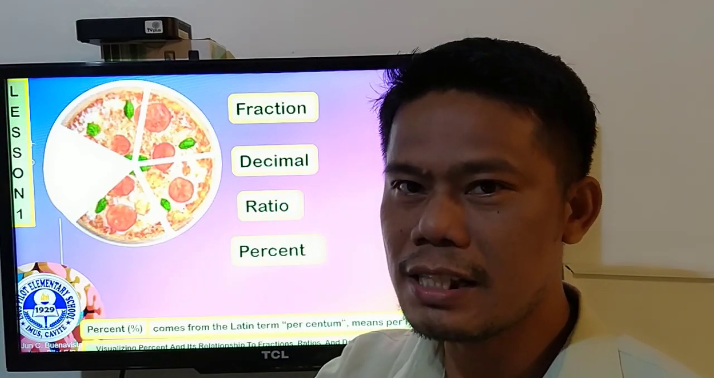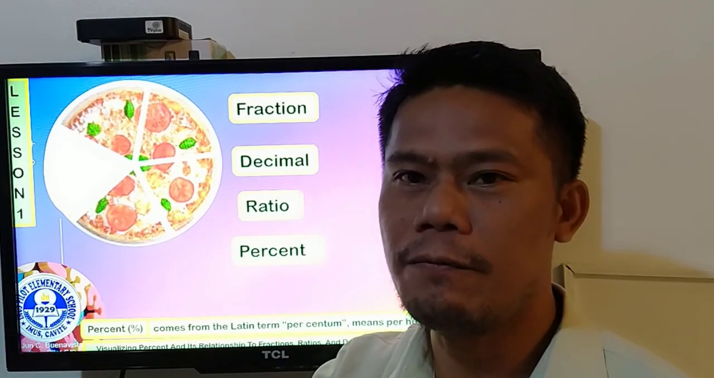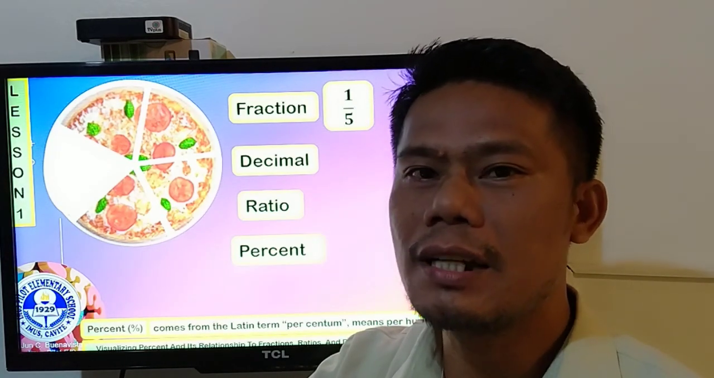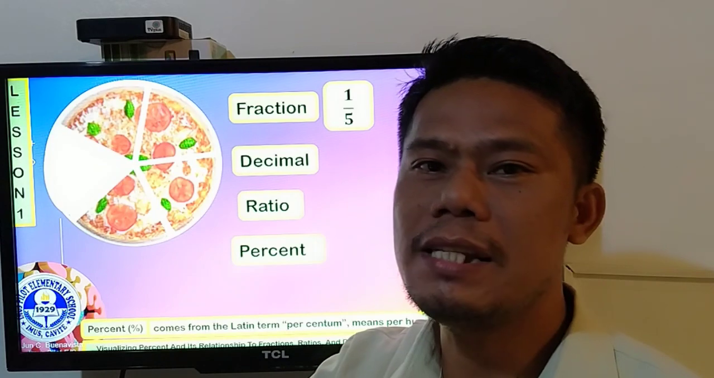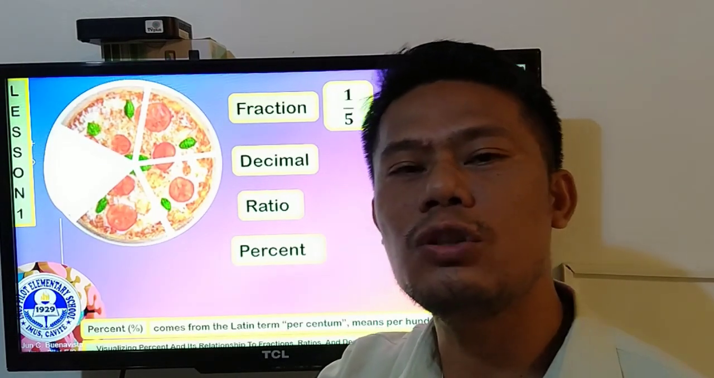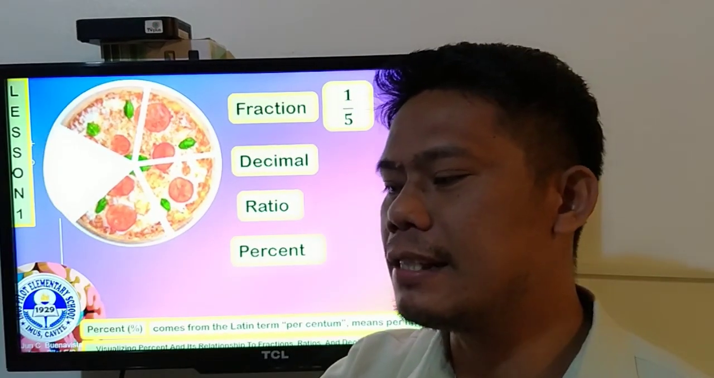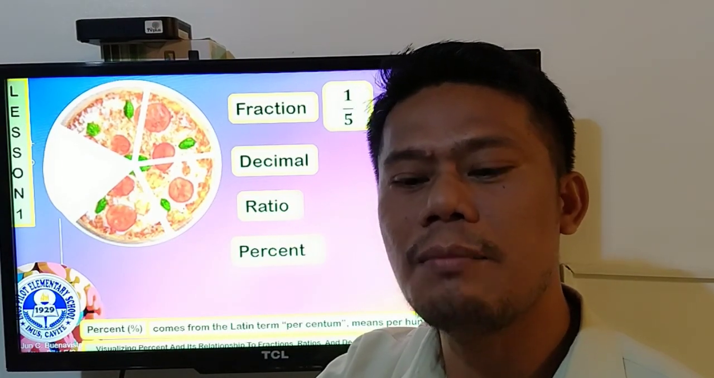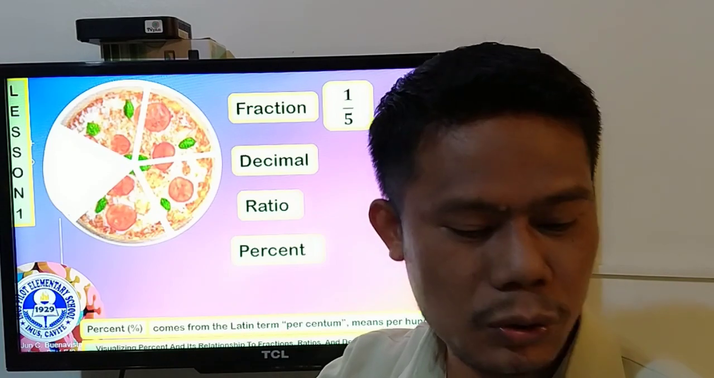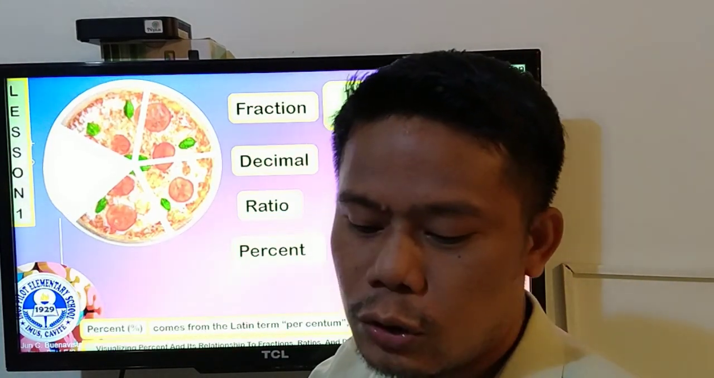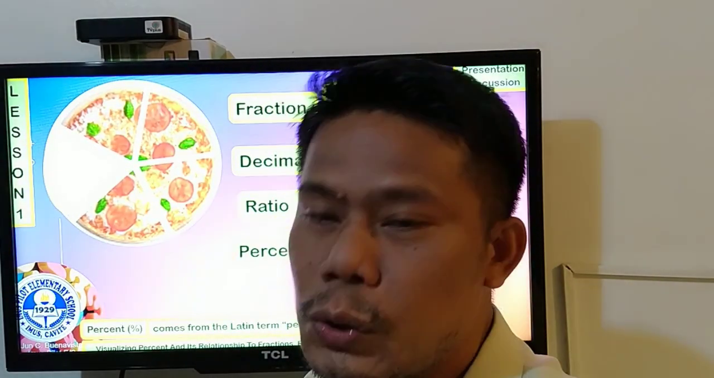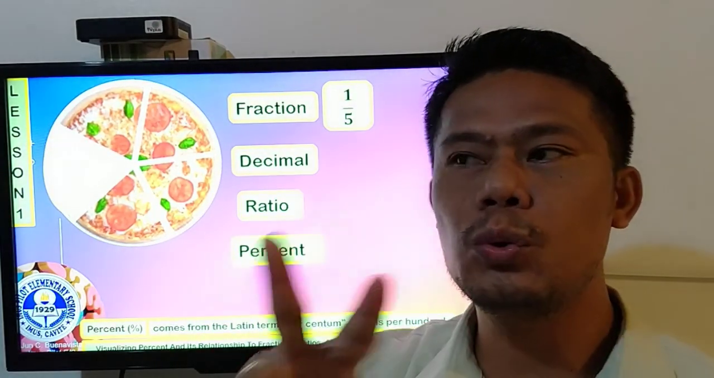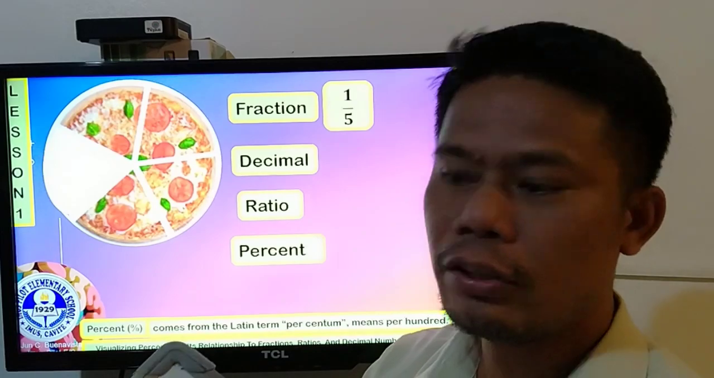So the answer is 1/5, because you ate 1 slice of the pizza, and the pizza was divided into 5 equal slices. Now, we are going to change 1/5 to a decimal number. I'm going to teach you how to change a fraction to a decimal number. I am going to teach you 2 methods. So the first